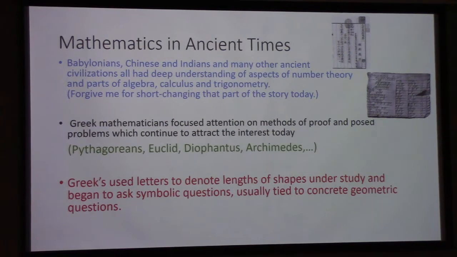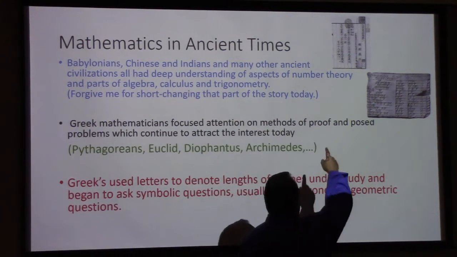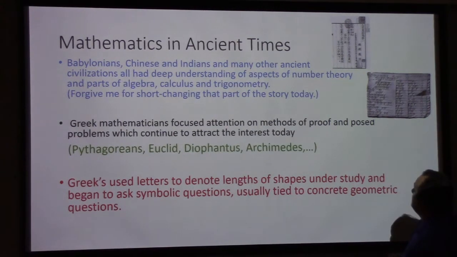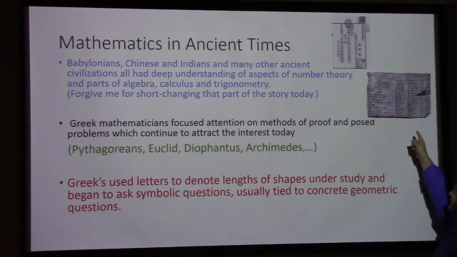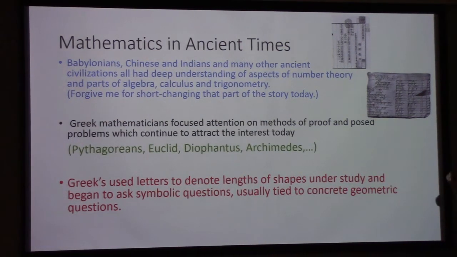All right. This is a picture of one of the oldest known Chinese mathematical works. And I'm trying to remember, oh my goodness, I can't remember. This is one of the Babylonian Plimpton artifacts or something. One of these things that helped translate the Babylonian language to the other languages. Anyway, so there are some very ancient records of civilizations having understandings of number systems, right? It's nothing new. And then the Greeks came along, a little bit before the time of Christ, maybe a couple hundred years, and they started thinking for its own sake. They started thinking about methods of proof, right?